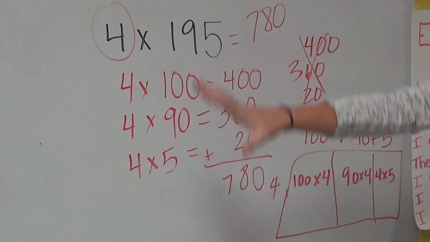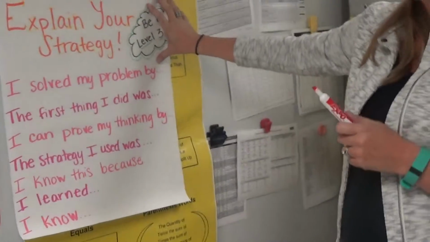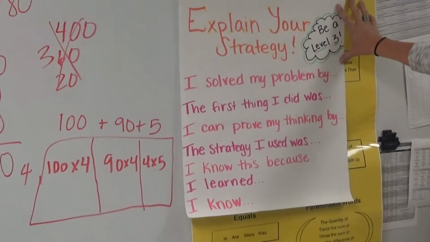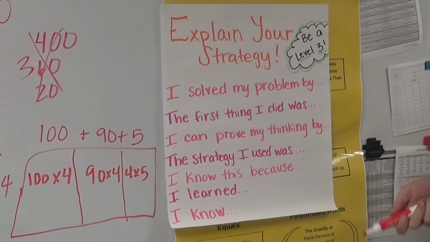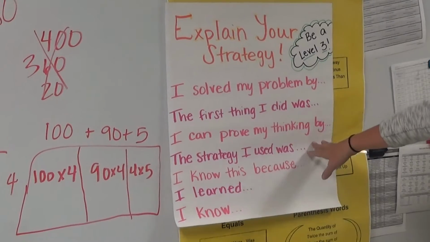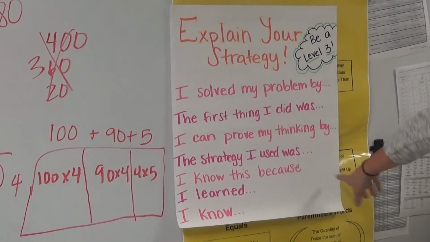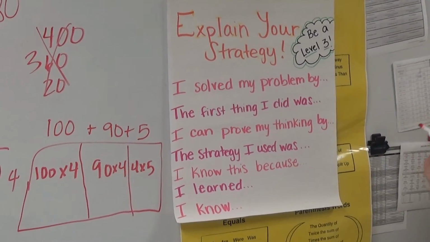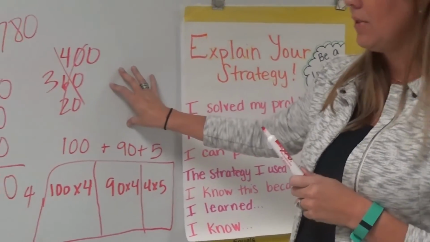So these are all of our level 2 skills. And we're going to be moving next week to really talking about explaining their strategy, or explaining how they solved the problem. So here are some sentence starters that they might say: I solved my problem by, the first thing I did was, I can prove my thinking by, the strategy I used was, I know this because I learned. Those are all ways that your child can start to explain how they solved this,